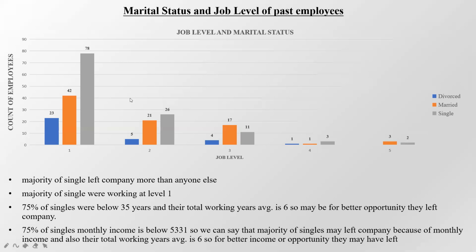One reason is marital status, because we can clearly see at job level 1, singles are the ones who have the maximum majority. It is 78, and this is for married 42 and divorced 23. And at each level we can see that singles have the maximum iteration, except levels 3, 4. At 1 and 2, basically singles have the maximum majority of those who are leaving. So why are they leaving? Because basically they are young, they have just started their careers, and for better opportunity they are leaving the company. This is one reason. Now